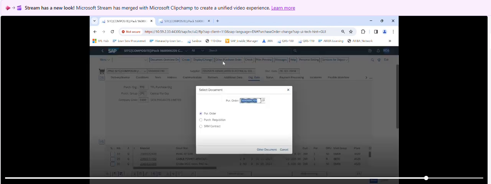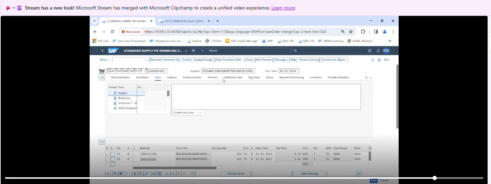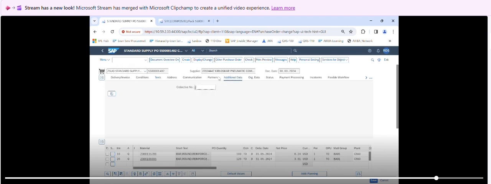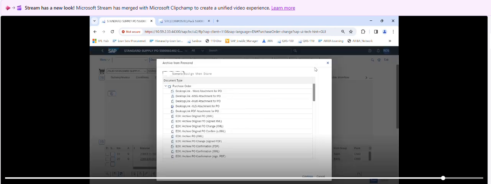I will enter my purchase order number here. So I put my purchase order number and hit enter. So this PO again got displayed. I can make changes as necessary, and you can proceed. Here also we have the same screen where we can attach attachments. So navigate to service for object, save business documents,